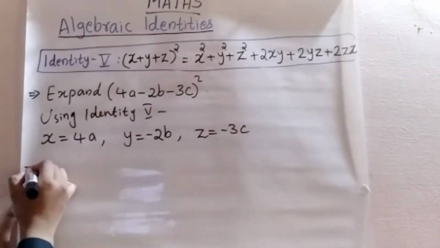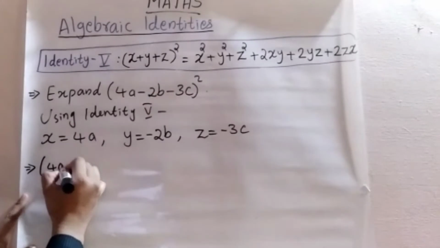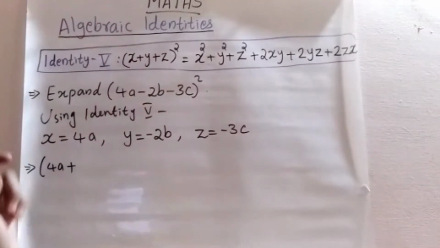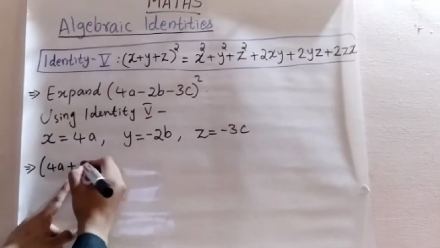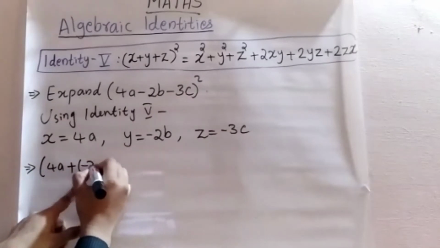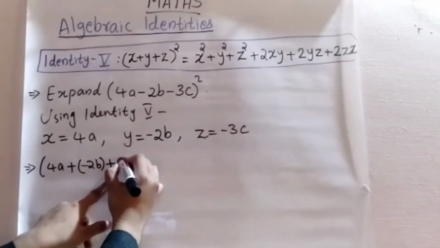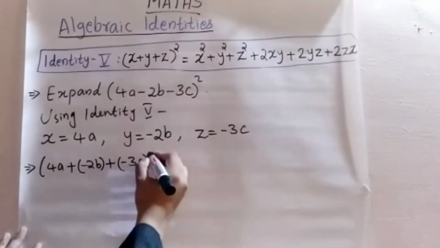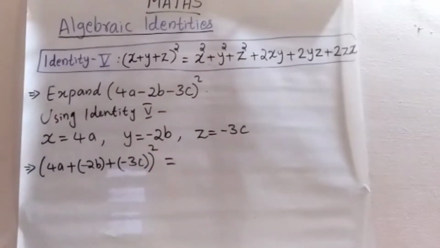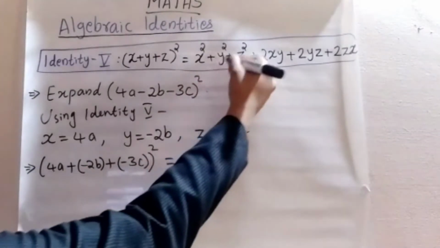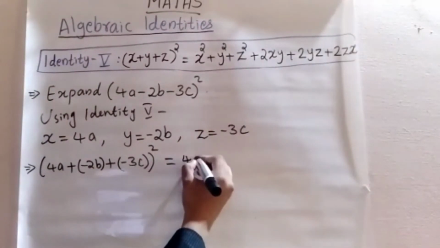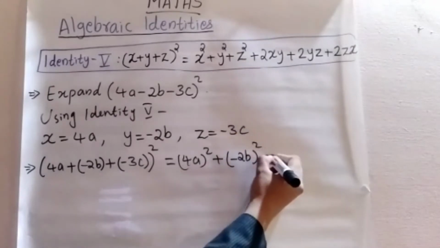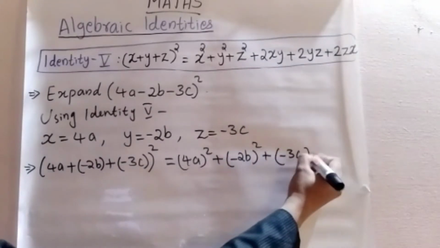Our standard form is x plus y plus z, so we should write a plus sign here: 4a plus minus 2b plus minus 3c whole square. (x + y + z) whole square is equal to x square plus y square plus z square, that is (4a) whole square plus (minus 2b) whole square plus (minus 3c) whole square plus